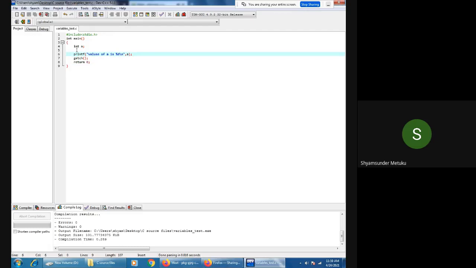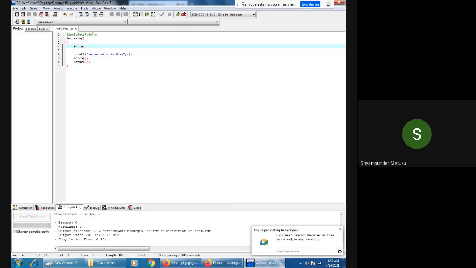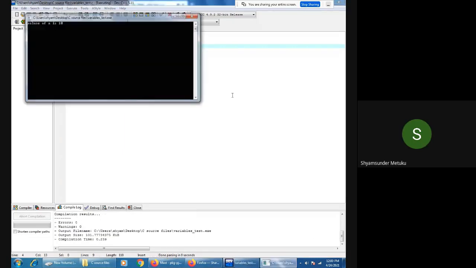Okay, let me take a. I want to define it now. How can I define? Declaration and definition can be done at a time or not? Yes, sir. Okay, so let me do that. I'm declaring as well as defining simultaneously: a is equal to 10. Earlier garbage was 57. Now I'm trying to overwrite that garbage value with the definition of 10, which the user wanted, to allocate the contents of variable a as 10. Now let me verify. What is the output you are expecting now? 10. Very good.